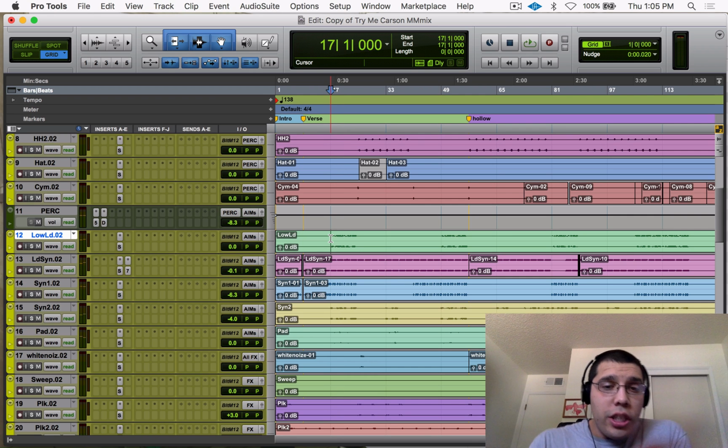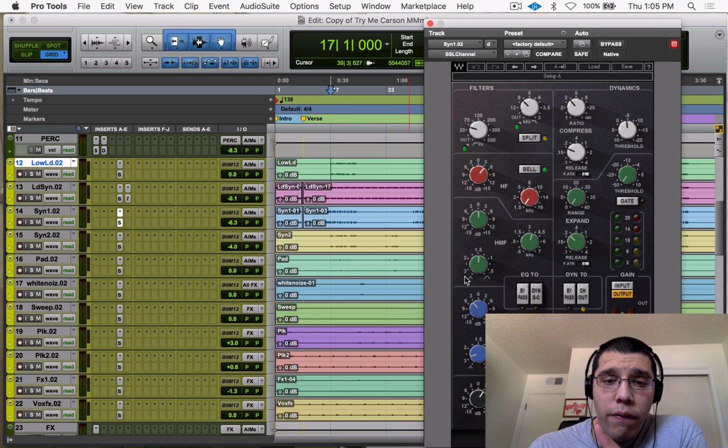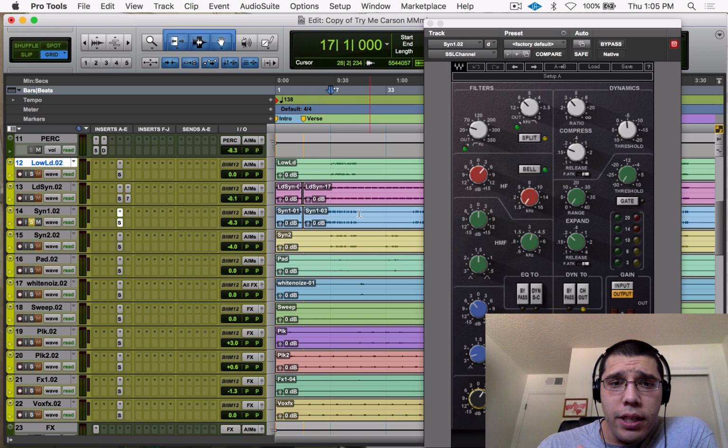And it does. It just sounds good already in the mix. It's balanced. Then we got this synth, and let's see what my adjustments are. Very small. Got a little bit of high end, nothing there. A little bit. And then a couple roll-offs and some compression. And this guy is...